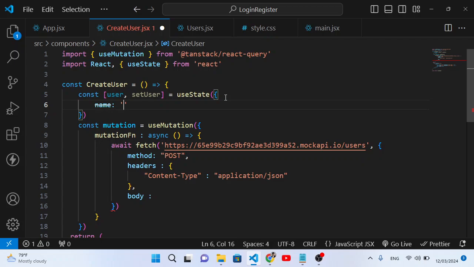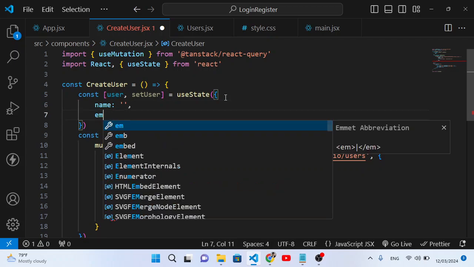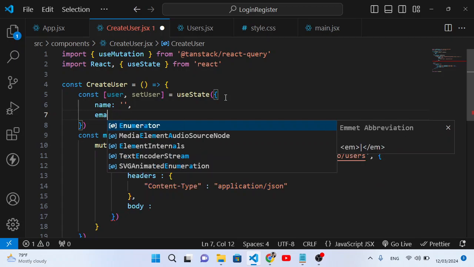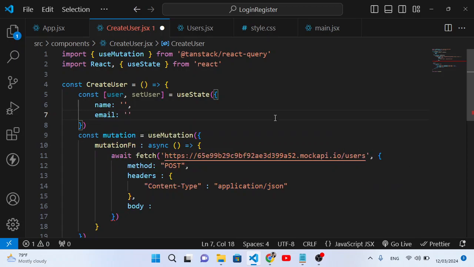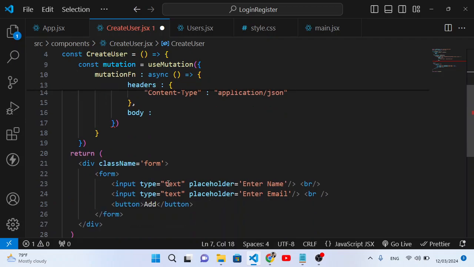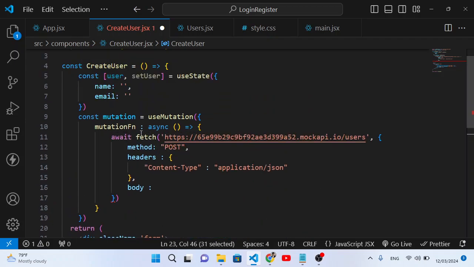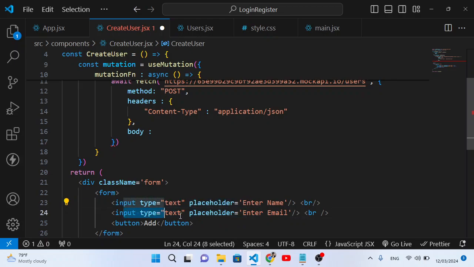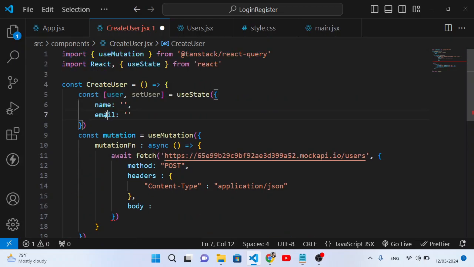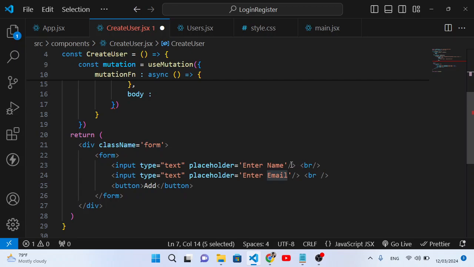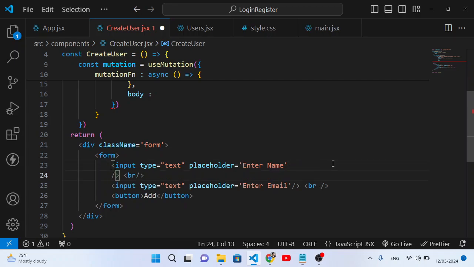This is an object. We have name, default value empty string, and email, default value empty string. Now let's update this object. Whenever we write something in this input field, we will store that in name. Whenever we write something in the second input field, we will store that inside this email. So for that, just come here. On change event, we will call onChange event,